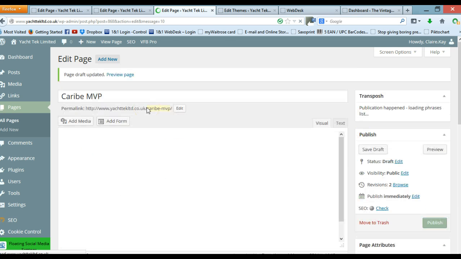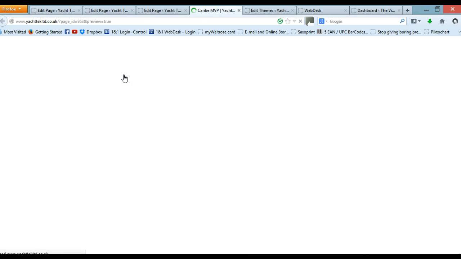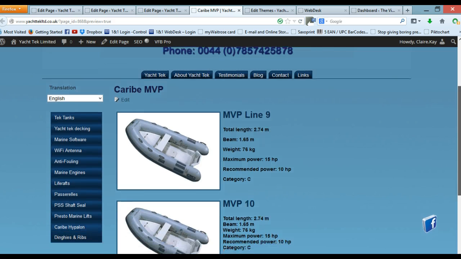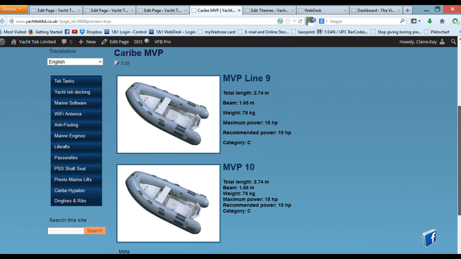Preview the page again. Right, and if I just scroll down a second, now that looks much better. So what I'm going to do from now on is actually space between the text so that I've actually got it all nicely set, and as you can see it's actually set it up in quite a good sort of layout. So to do the next one, we go Edit,